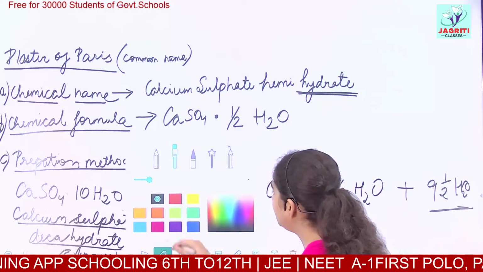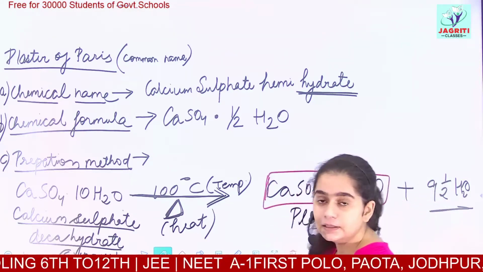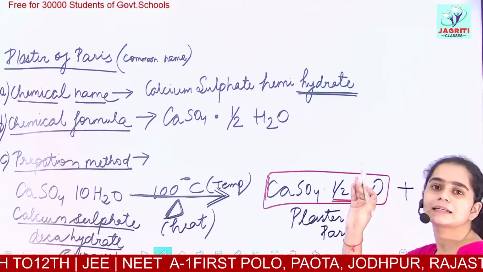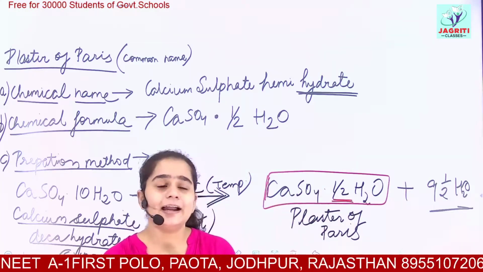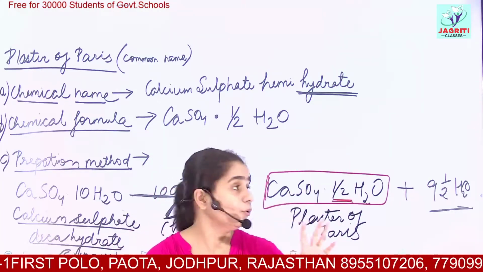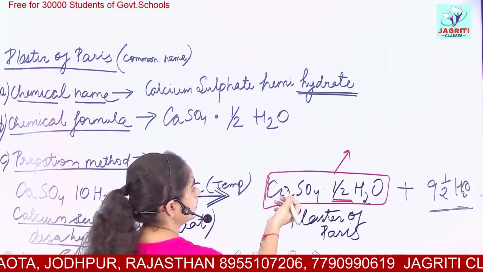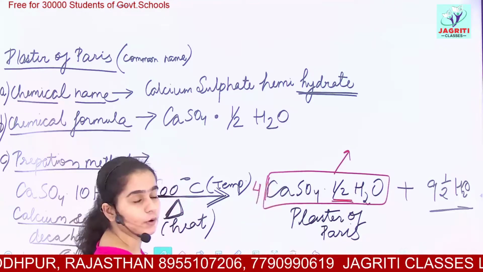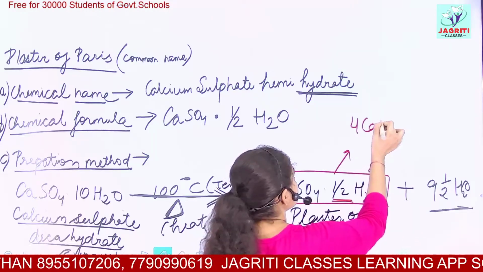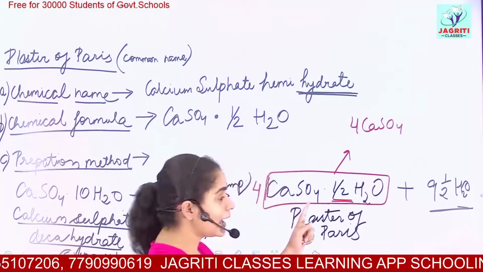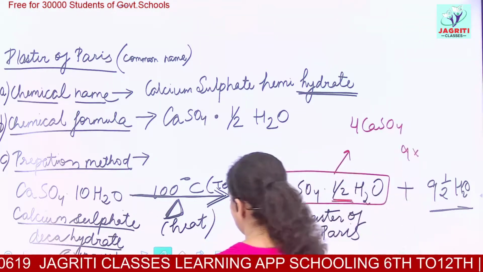Now if you carefully observe this formula, CaSO4 dot half water. This half, I already told you, is crystalline water, but here it does not mean that water is being broken and only half of a molecule is used. No, what this half signifies is, let's suppose I add a suffix 2 here, or a suffix 4, for balancing. If I add 4 here, what I get is 4 calcium sulfate molecules, and 4 multiplied by half, when this 4 is multiplied by half.